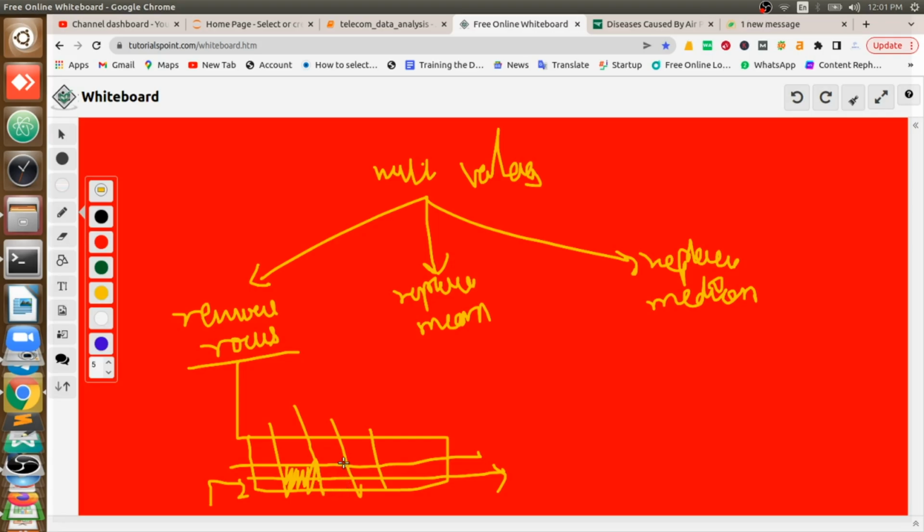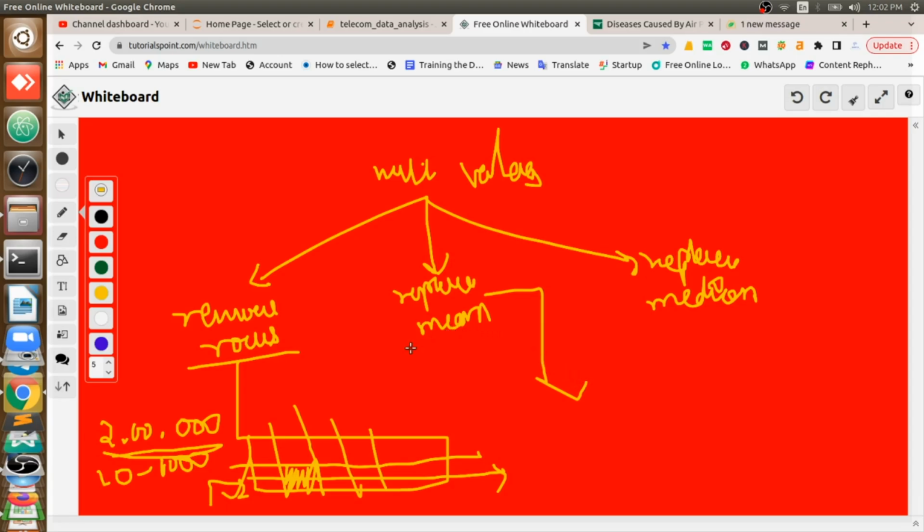When will it be used? When our data set is very huge and we have few missing values. Say my data has more than 2 lakh rows, but the missing values are only 10 to 100. In that case I just remove those unwanted rows completely. In our case we can't do that because our missing data is very high, so we can't remove them. If we remove them, our data will become very small. You can also check how removing them affects accuracy. I will guide you on that also.